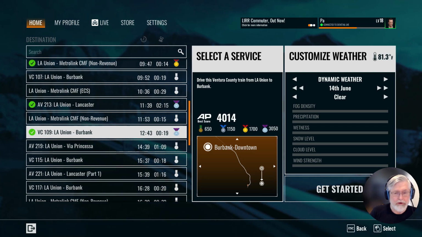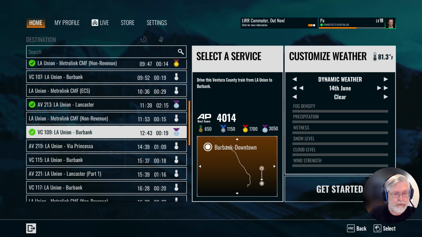I am going to conduct a test today. I noticed an issue yesterday when I was running one of these scenarios in Train Sim World, and wanted to see if it's just something that's happening in this particular scenario, or if it's happening all the time now. And so I'm going to run this scenario first, and then pick another scenario and see if it does the